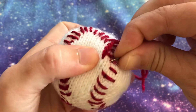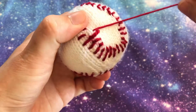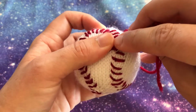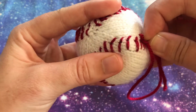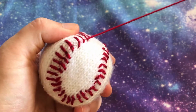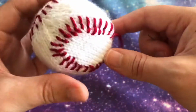So depending on what look you want to get for your baseball, you can make these quite small, and also I imagine there's lots of different types of baseball as well. So if you want your baseball to look like your favorite baseball, then you can do the stitching whatever way you want to. So I'm just going to sew this in a little bit to secure it and cut it,